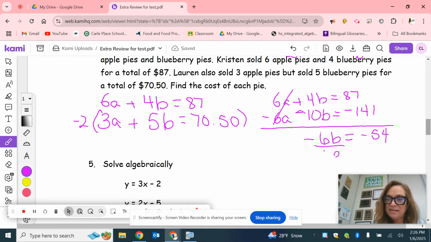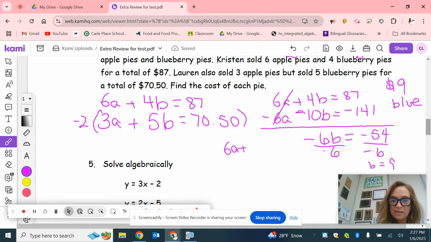Divide by -6, and I get b equals 9, which is $9 for a blueberry pie. $9 blueberry. Okay, so now I'm going to take that $9 and go back and plug it in. So I have